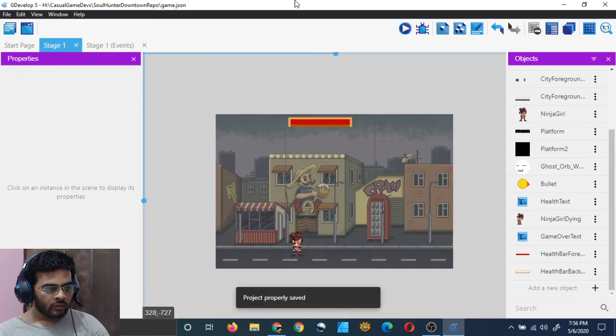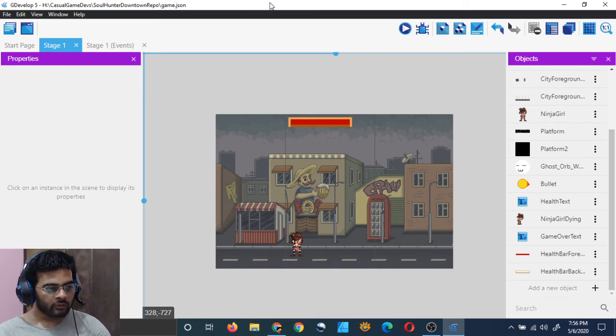Save it. We have made that, and now we must make something for showing the users how many coins they have, right, and how many points they have. So let's make some sprites for that, points and coins. We will make it now.